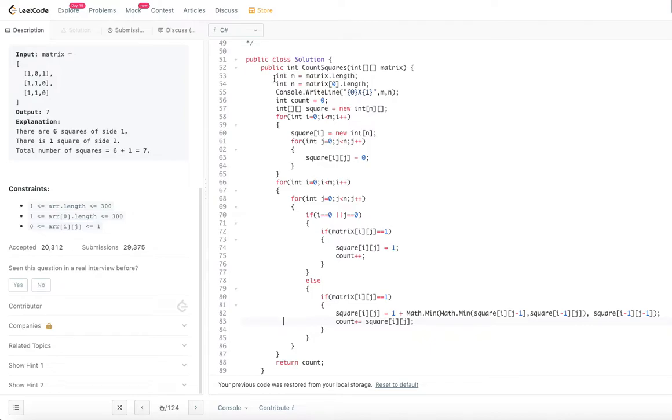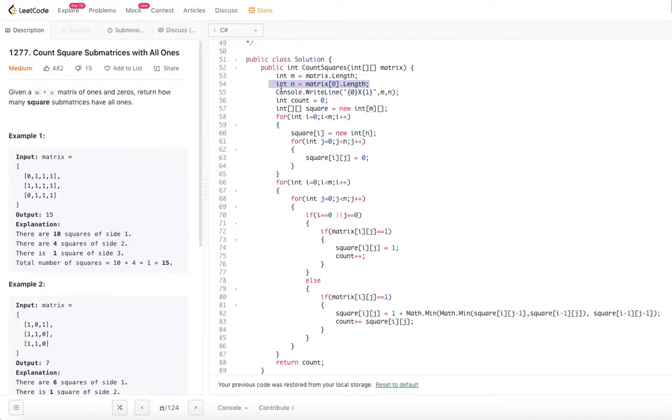So we are passed the matrix, and I am getting the number of rows and number of columns and calling them m by n, and I am initializing the count to 0. We have a square matrix, which is the counts matrix, which we are initializing to the same m by n, and all of square is initialized to 0, right?